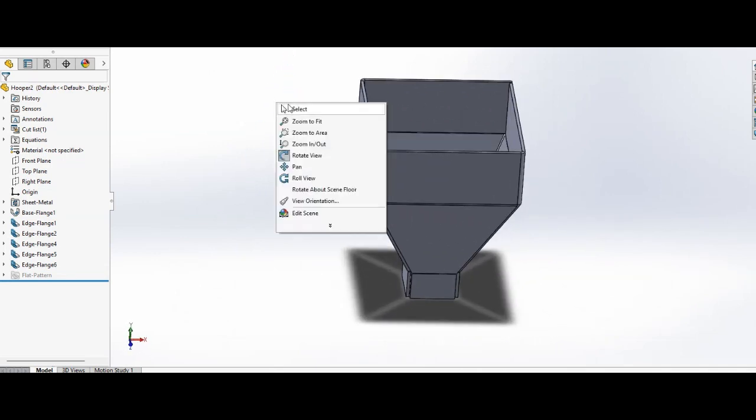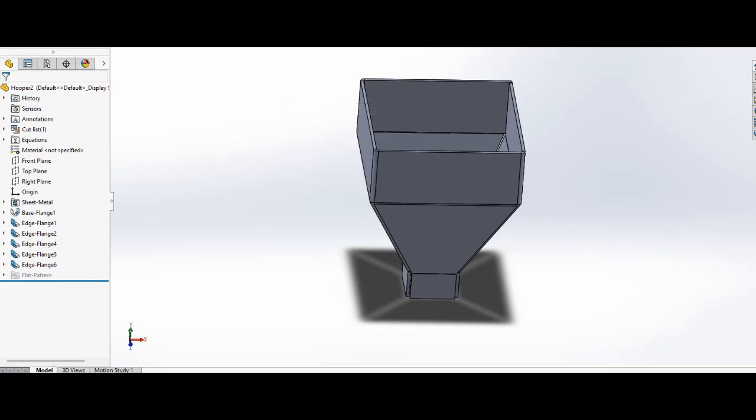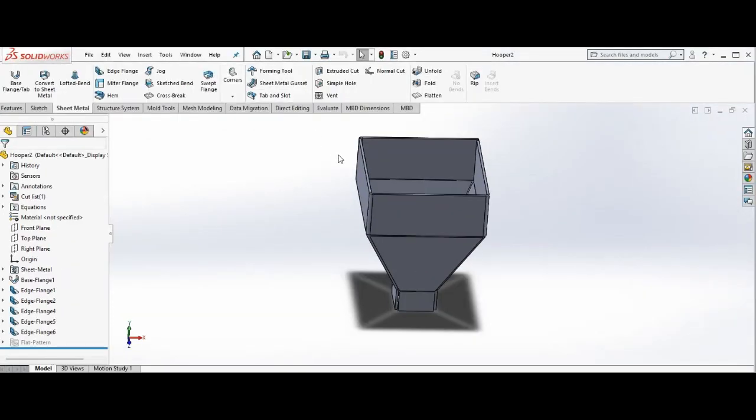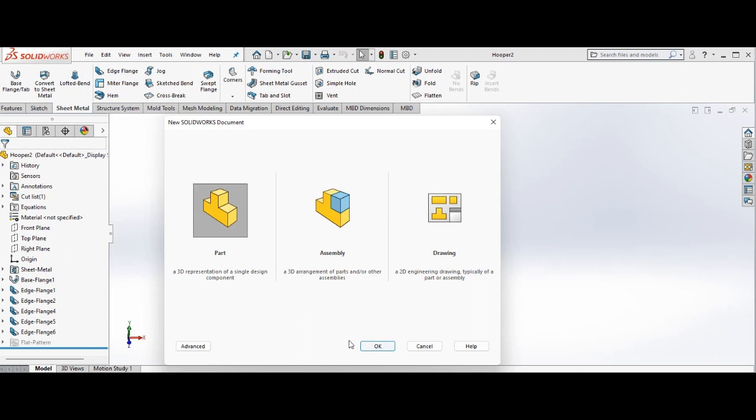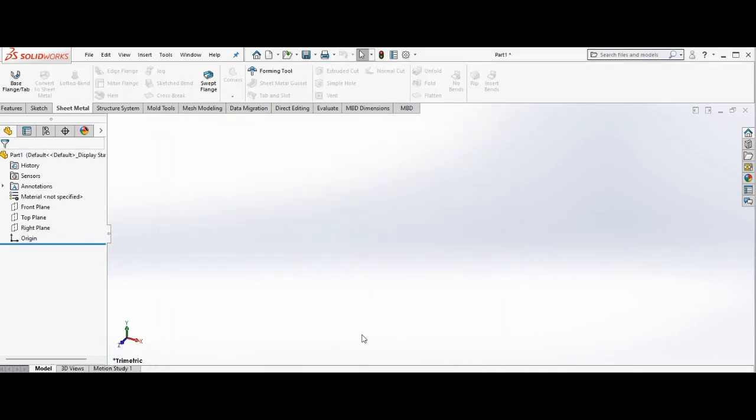So let's jump right into it. So we click as usual. Let's reduce the screen so that it can fall into the recording screen. So we click File, we click New, then we click Part, which is already selected, we click OK. So now what we do, we come to the front plane, we select